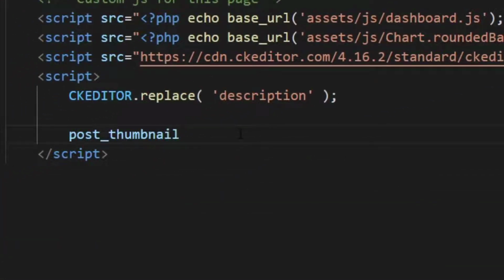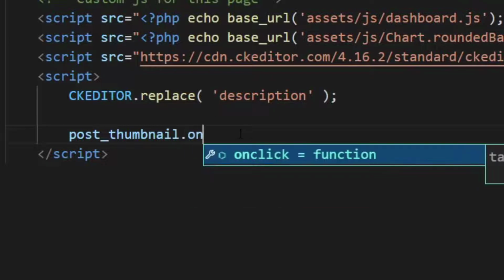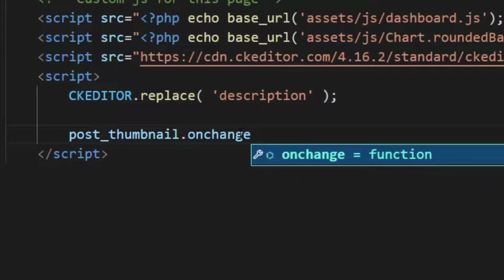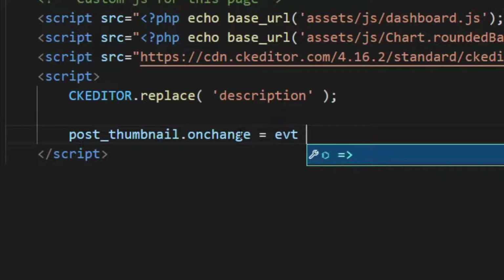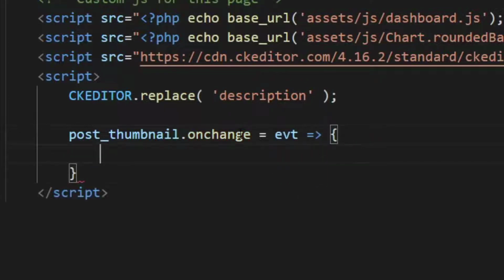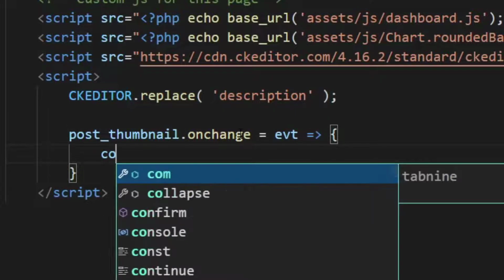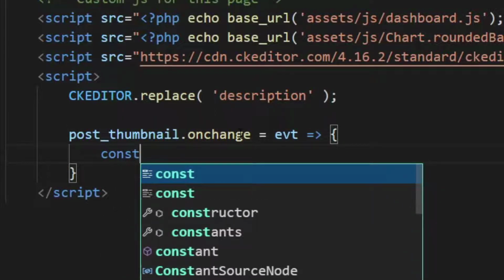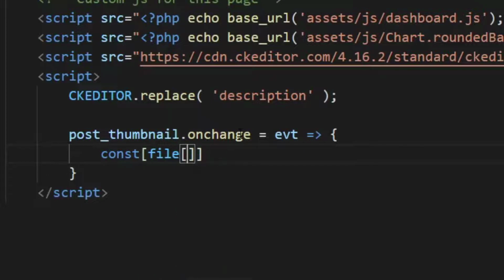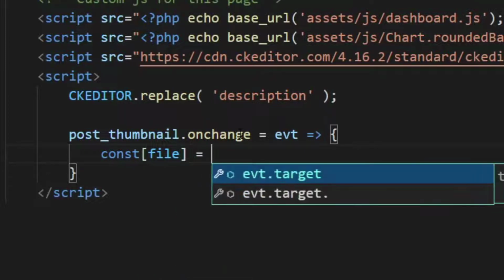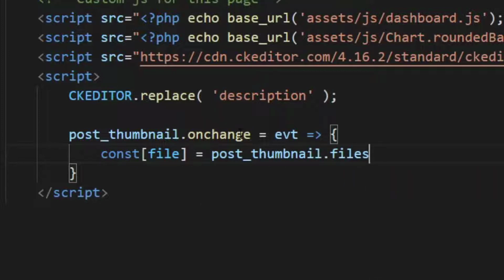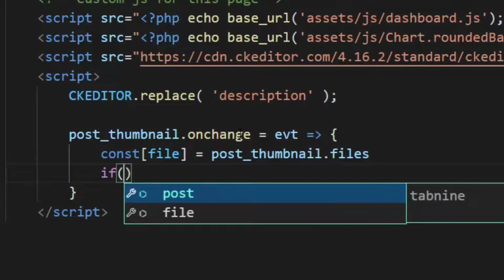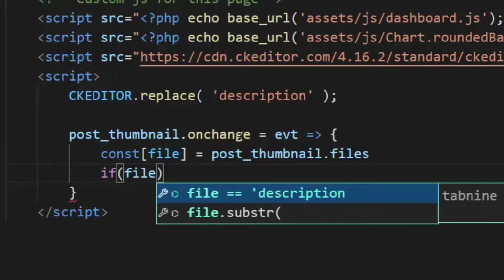So post thumbnail dot on change event, const file equals post thumbnail dot files. Okay, if file is existing,